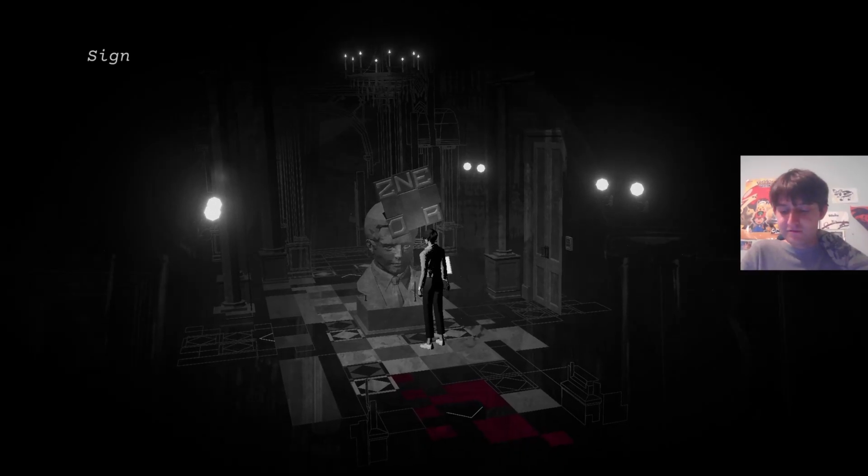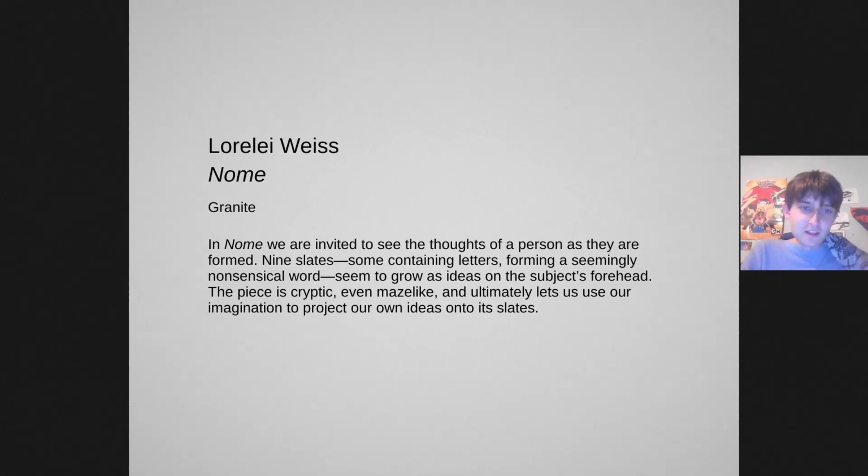The paper in front of it says Lorelei Waste, Gnome, Granite, so it's made of granite. In Gnome, we are invited to see thoughts as they are formed. 9 slates, some containing letters, forming a seemingly nonsensical word, seem to grow as ideas out of the subject's forehead. The piece is cryptic, even maze-like, and ultimately lets us use our imagination to project our own ideas onto its slates. So the name of the piece is Gnome,